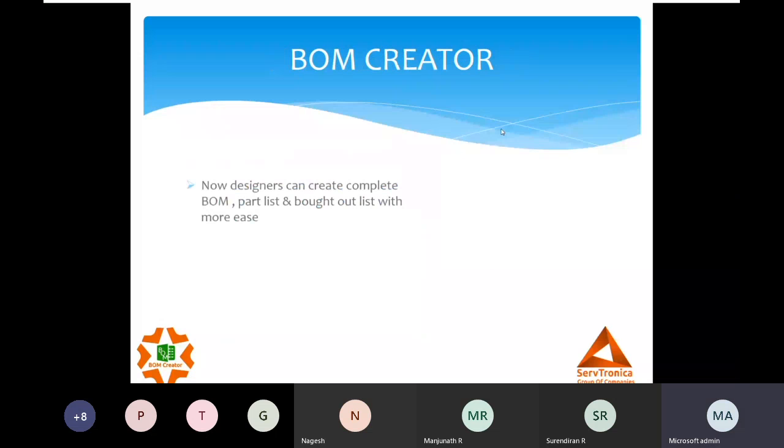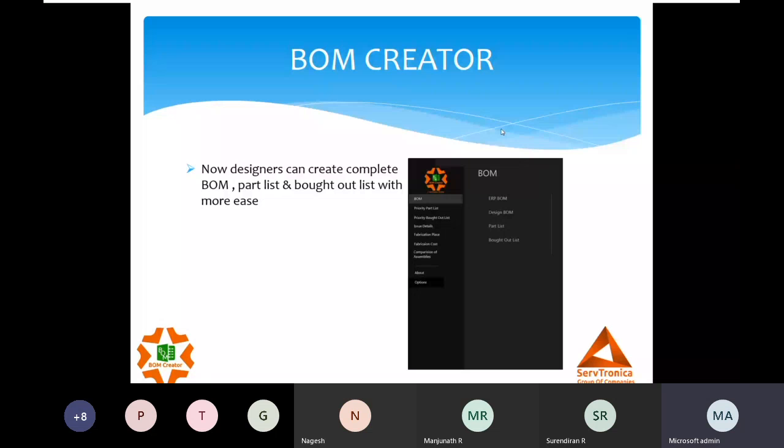So this is the reason we came up with a solution called BOM Creator. With BOM Creator, we are giving you a ready-to-upload ERP BOM, which is not right now available in your EPDM or SolidWorks. You have to modify it. Even if you extract the BOM, you have to modify it, make it compatible, and upload it in your system. So the customer gives his template of ERP or SAP system, and we give you an output right from your CAD system without integrating. It works with SolidWorks Standard, Professional, Premium, any CAD package. So you can just click and create your ready-to-upload ERP BOM directly from your SolidWorks CAD.